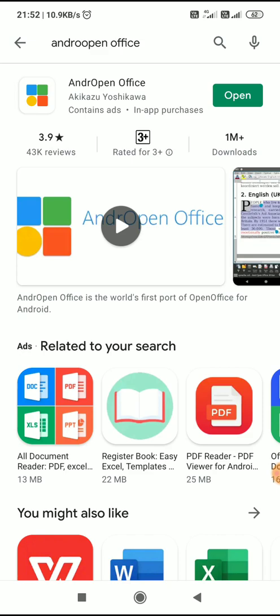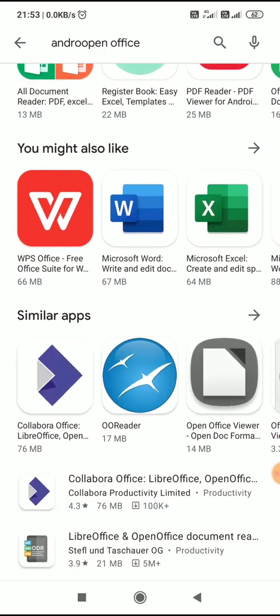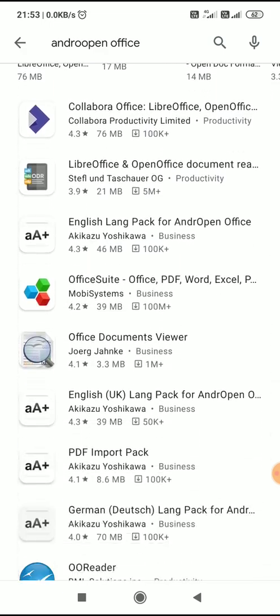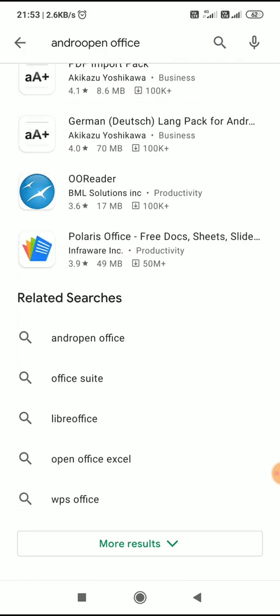Now the Android version of OpenOffice will start downloading on your Android. It will take 7 to 9 minutes to download, depending upon the range of your mobile network.